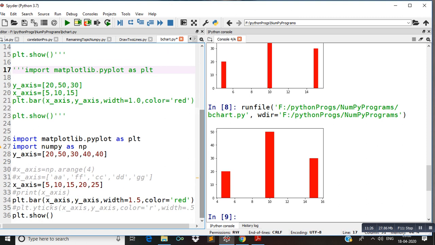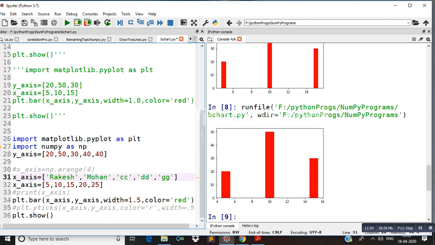Suppose the names of students are Rakesh, Mohan, Priya. Suppose these values I have taken. There are 3 students and 3 values we can assign here.